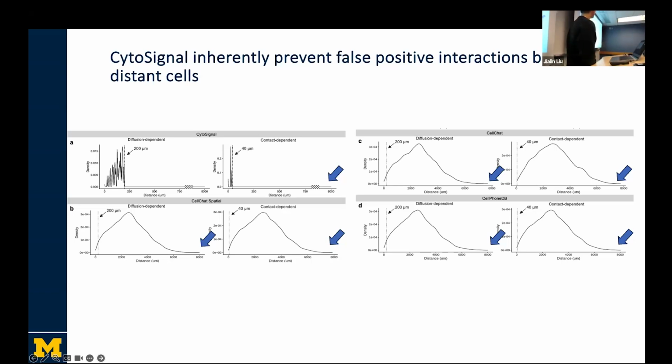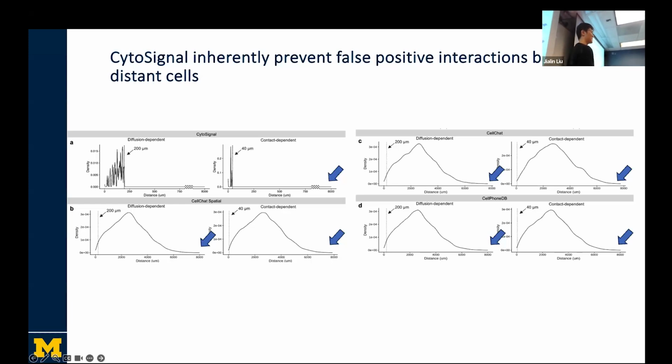I'm not so sure. I believe CellPhoneDB and CellChat have a lot of versions right now. I think CellPhoneDB has maybe 6 versions, and this is version 2 or 3. I think this version does not consider spatial information. But you can see that for CellChat here, we include 2 versions. The one on the right upper corner is version 2, which does not consider it. And it's related to the second question. Weirdly, even with spatial information considered, they still have a lot of false positives on the right tail. And this is what we want to highlight.